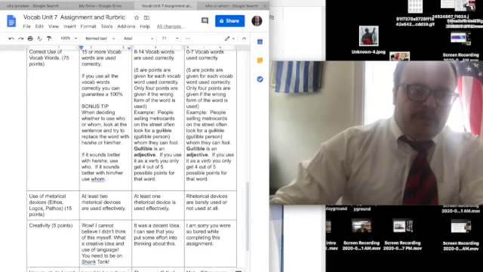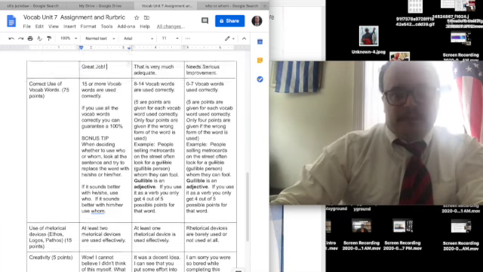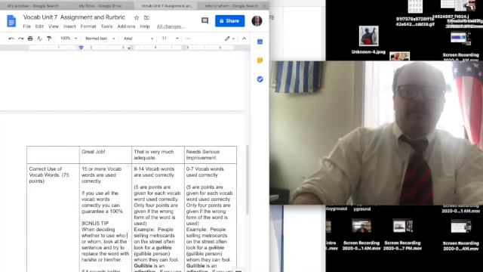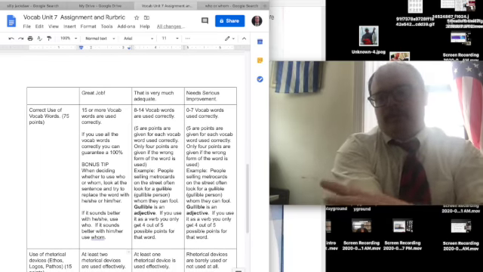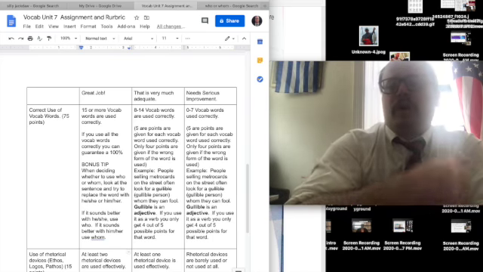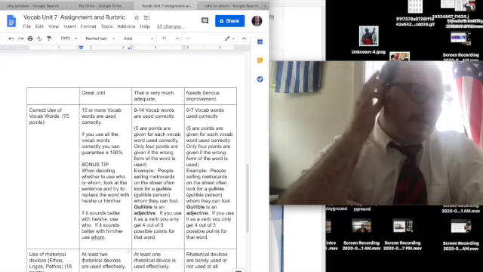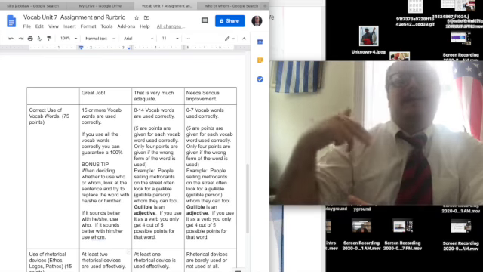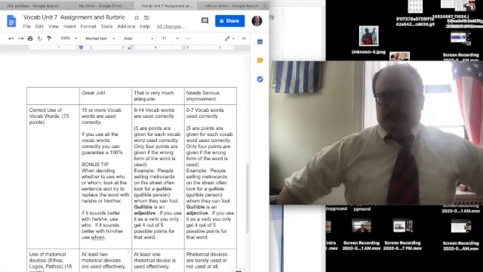So 75 points are just using the vocab words. This is most of the grade because it's a vocab assignment. You get basically 5 points for each word you use. I went over that gullible example earlier. If I said "I fooled him because he is a gullible," you'll still get 4 points for that, even though it's not in the correct form. But you would have to say "he is gullible" for full credit. But if I said my friend is gullible because he couldn't pass the test,